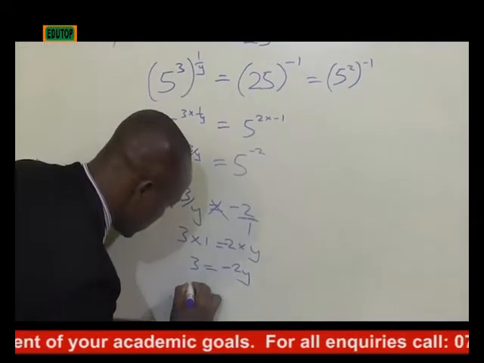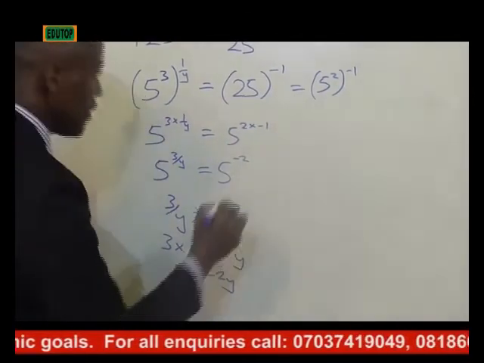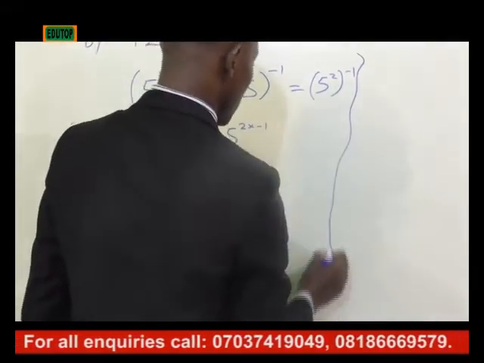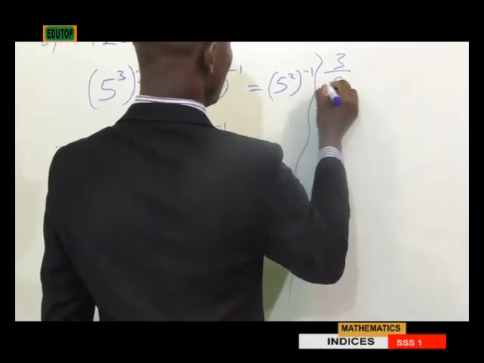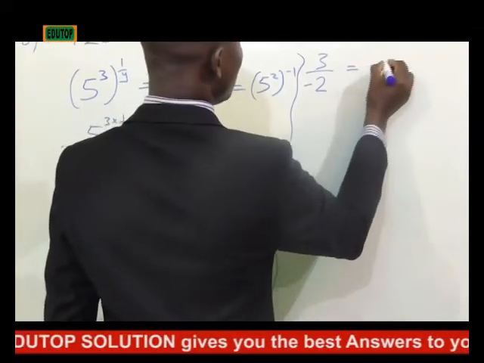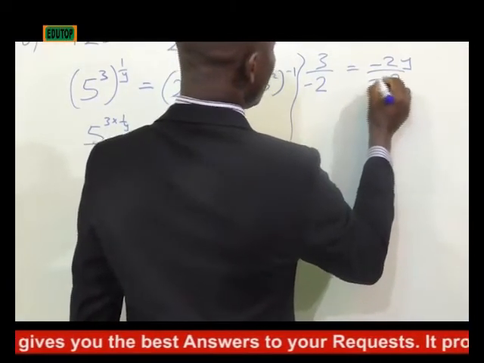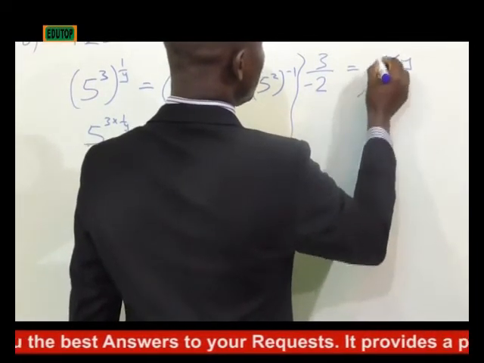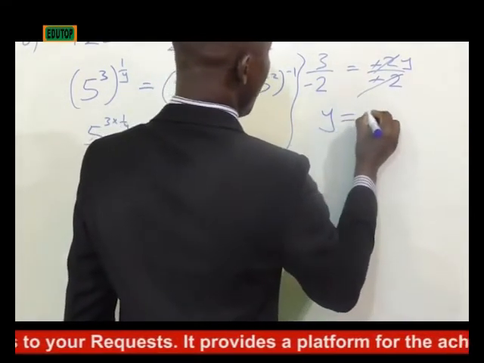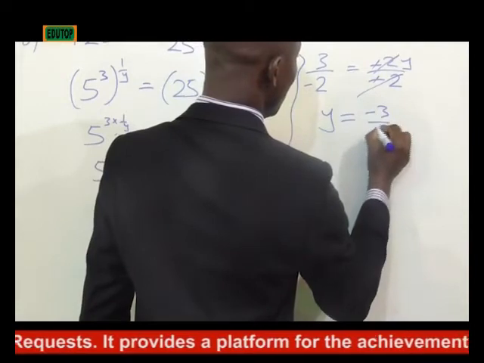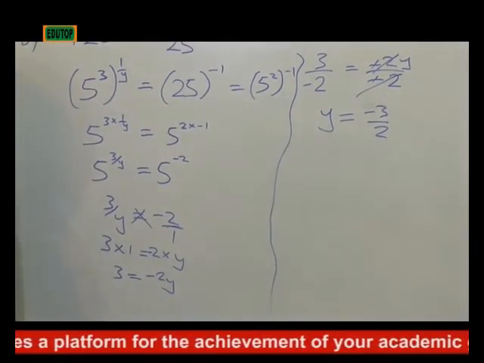Then we can conveniently say that if we divide both sides by minus 2, we'll now be having something like this: 3 divided by minus 2 is equal to minus 2y divided by minus 2. This minus will cancel this. So we're having our y is equal to minus 3 all over 2, which gives us the value of y,